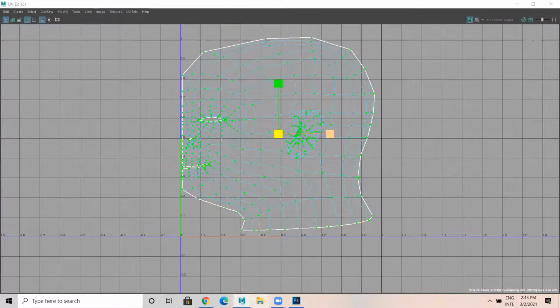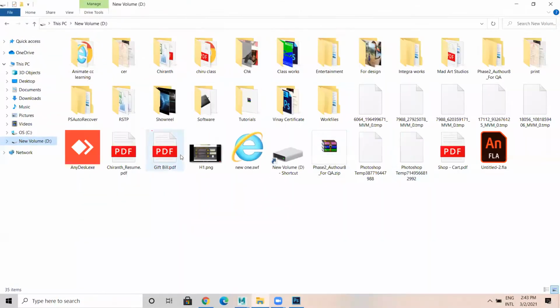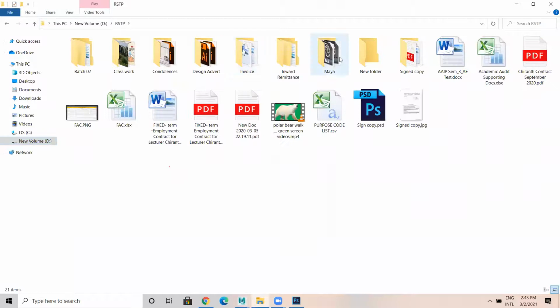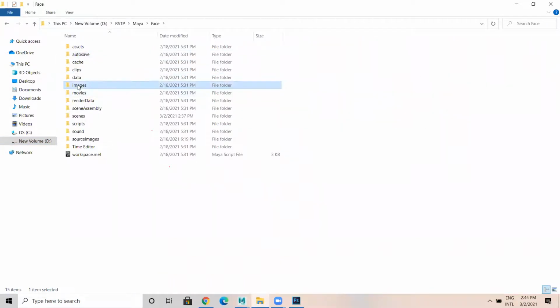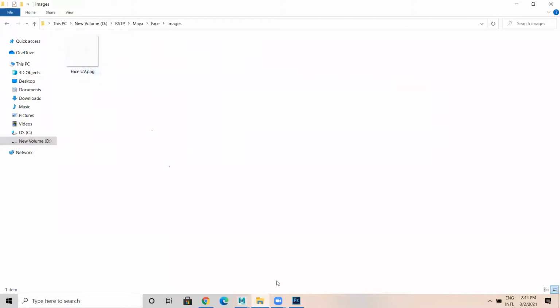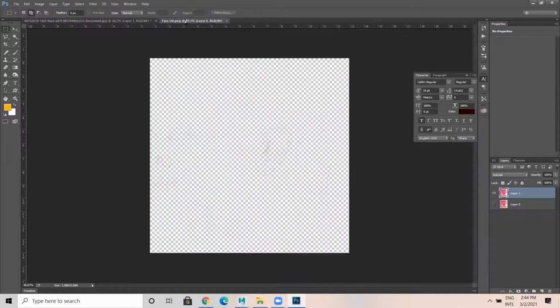Now this particular model, the UV is here in RSTP Maya face. We have this image here. Okay, so what I'll do, I'll just take this one and I'm going to place this on here.